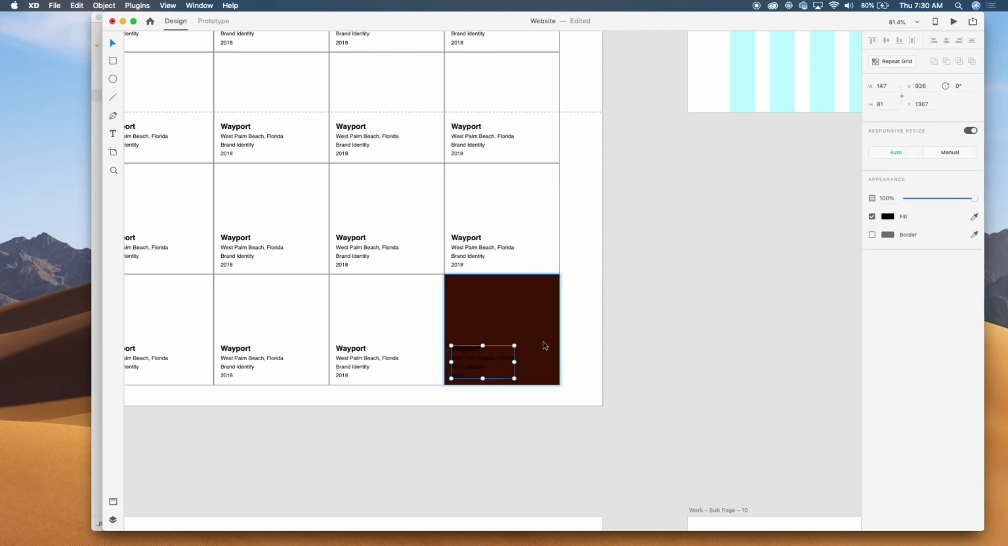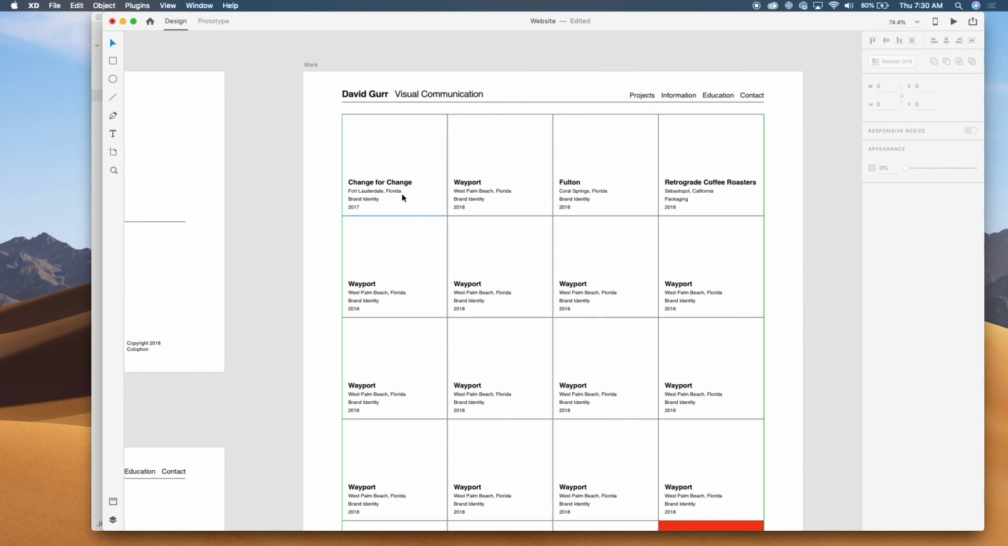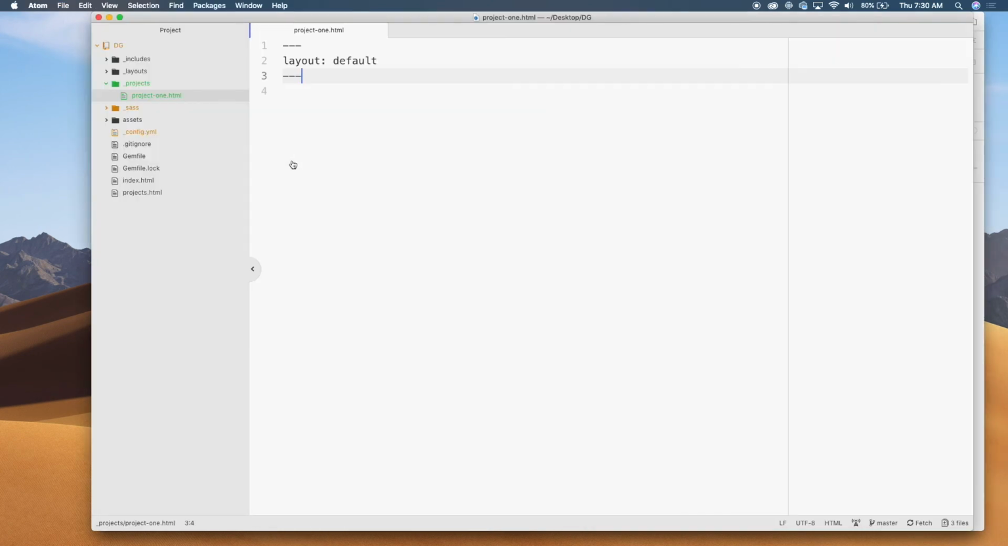We don't know, so we need to provide that option. So I think that's 5 variables we need to declare: a title, a location, a category, a date, a background color, and the text color. That's actually 6. So let's go ahead and jump into the code real quick and declare this on this one